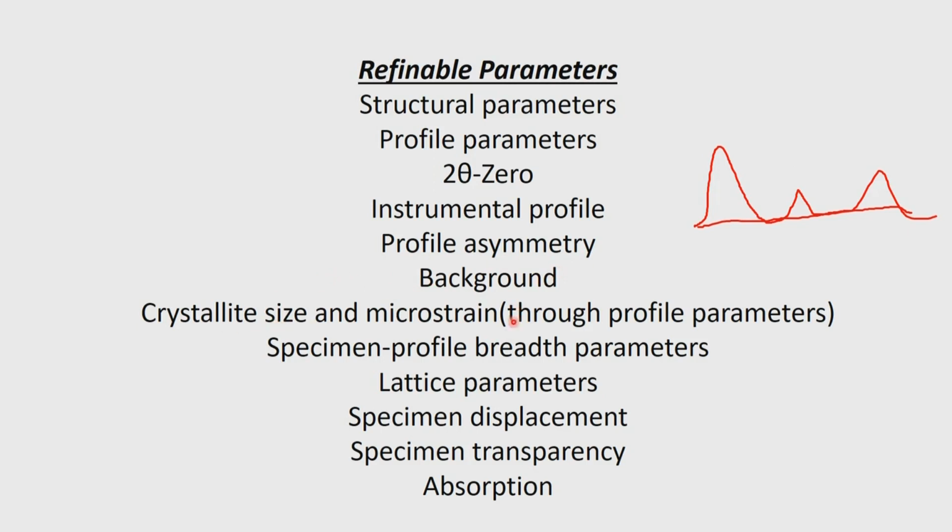Then of course crystallite size and microstrain, and once we have the profile parameters analyzed, we can look into those issues. Specimen profile breadth parameters, this is due to the nature of the specimen itself. As I mentioned in the beginning, the choice of the sample preparation. So if there is no such preparation done, somebody throws the powder on the diffractometer, each powder particle, if you can call it a particle, will have different sizes. So the size of the grain will be different, and if different size grains are there, it will also introduce a certain breadth associated with the peak. So the peak becomes wider.